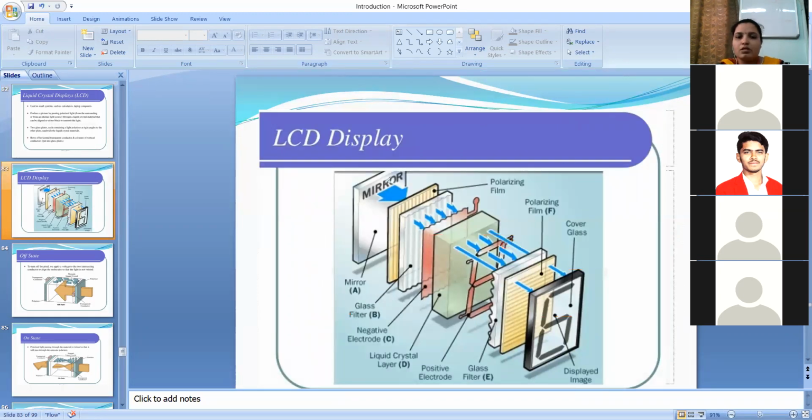Okay. So here it is one mirror. This is one glass filter. This is the other glass filter. And you are having a polarized film. You can observe here the vertical polarized slots, and the other is having the horizontal polarized slots. So they are at 90 degrees of each other. Then this is the displayed output